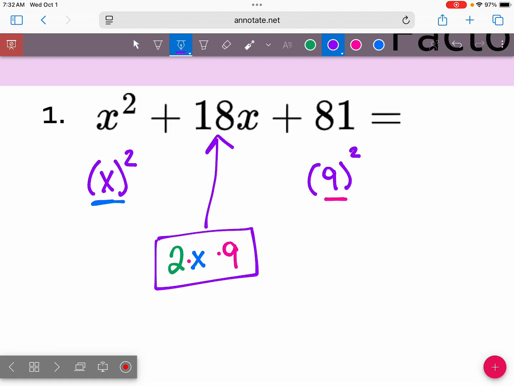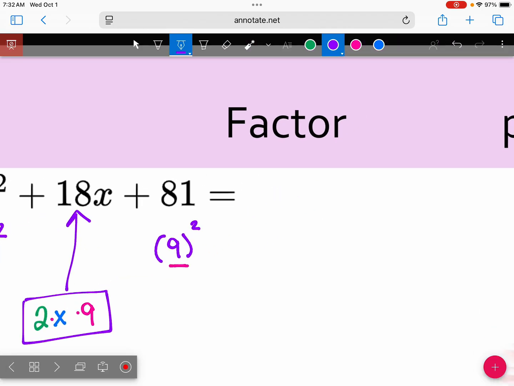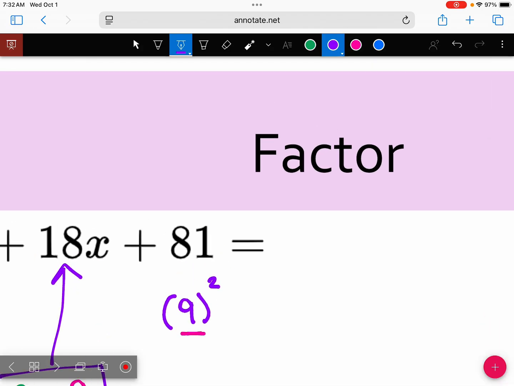It equals exactly 18x, because 2 times x times 9 is the same thing as 2 times 9, 18, times x. So since this follows the pattern, this is a perfect square trinomial. So I don't have to do split the middle or bottoms up or factor by grouping or using the box. I can use the special pattern that we just talked about, where it's very much like our difference of squares,